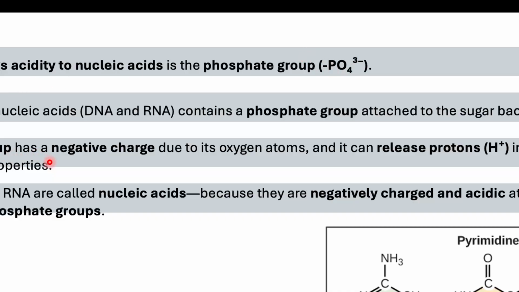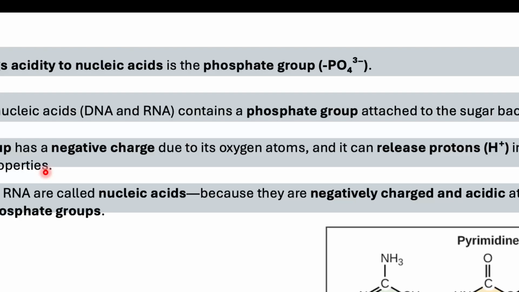The phosphate group has a negative charge due to its oxygen atoms, and it can release protons in aqueous solutions, giving nucleic acids their acidic properties. As rightly mentioned by Aarti and Aparna as well, the phosphate group,